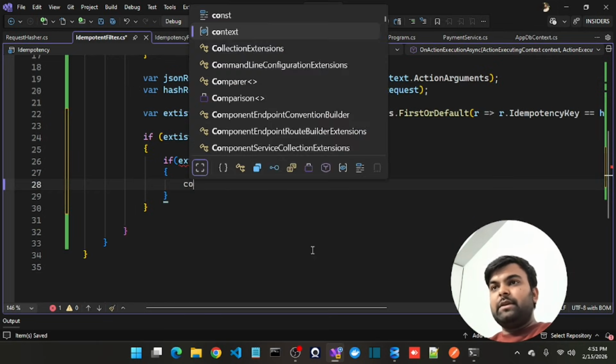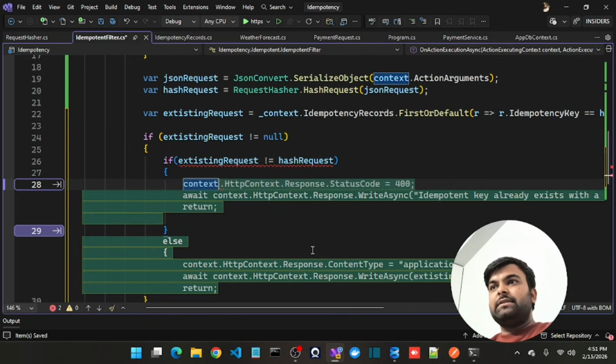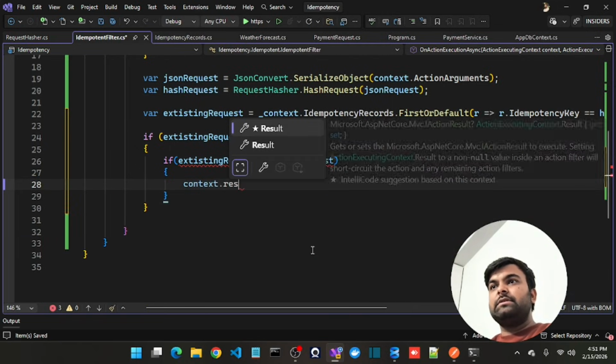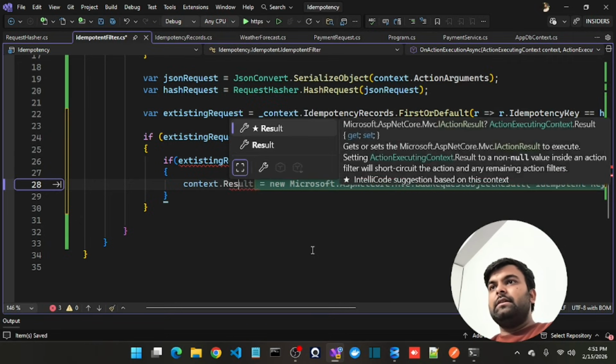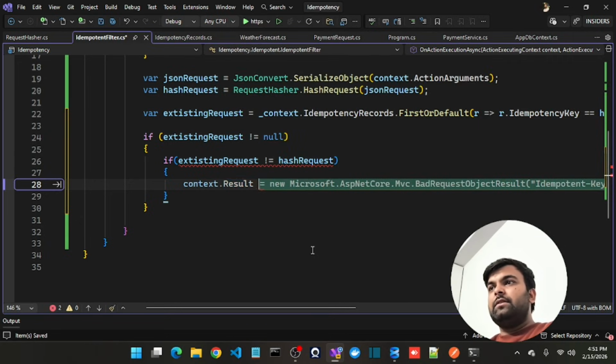I will set context dot response, not context dot result, to a new